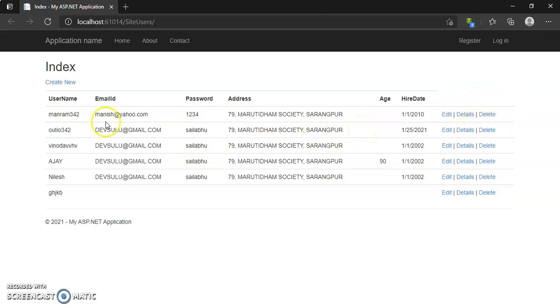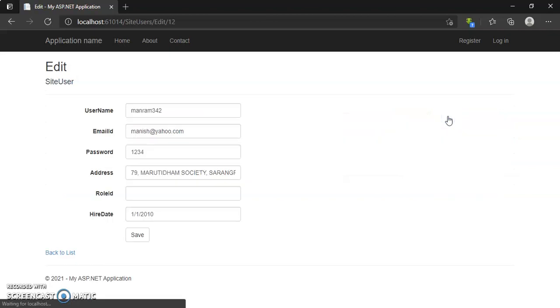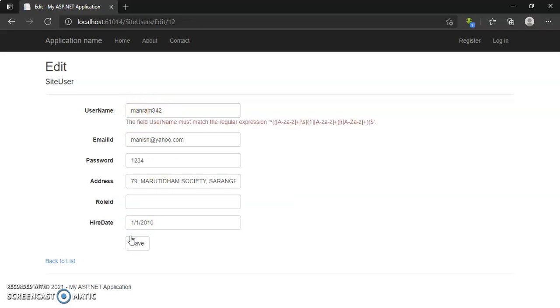When I use a value with alphabets and numbers it gives us an error: the field username must match the regular expression. If we want to change this message we can use the error message property.